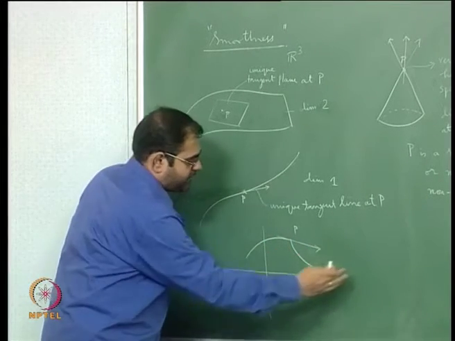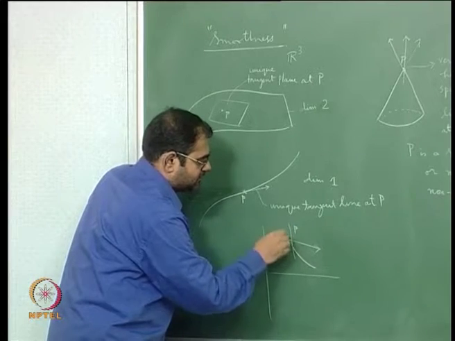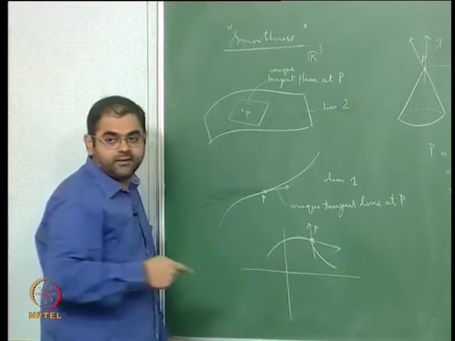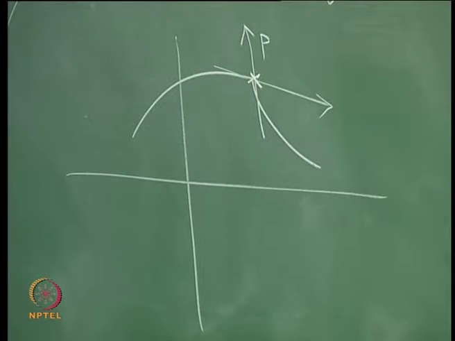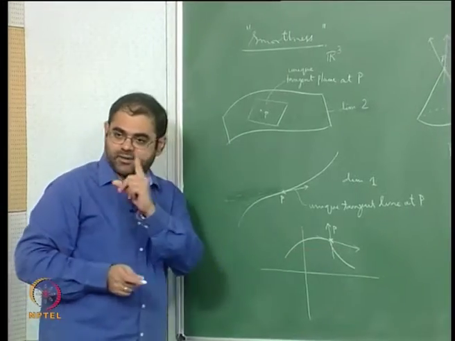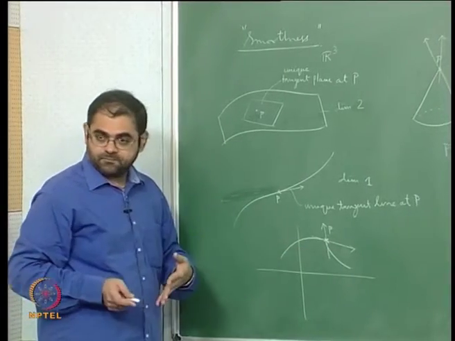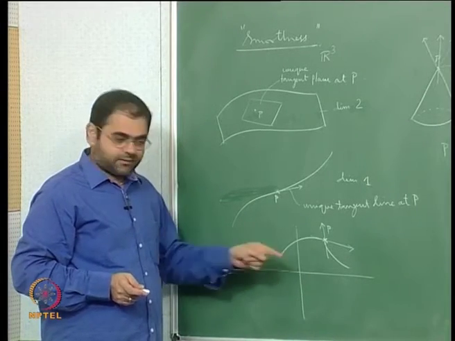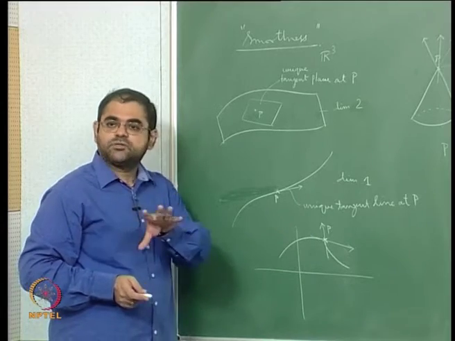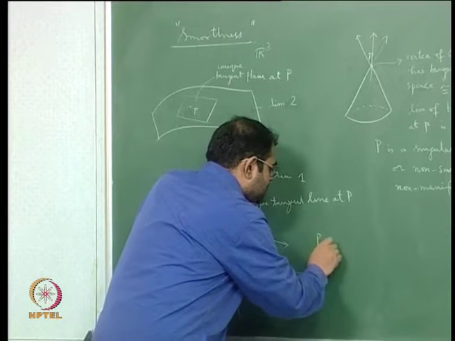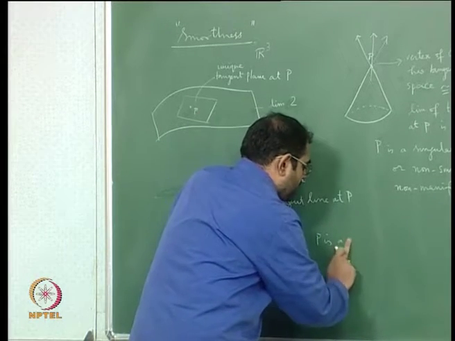If I approach from the right, I will get a tangent like this, at this point, and these two are linearly independent directions. Therefore the dimension of the tangent space at this point is 2, whereas the point is lying on a curve which is one dimensional. So the dimension of the tangent space is more than the dimension of the object on which the point lies, and that tells you that that point is not a smooth point. So here P is a singular point